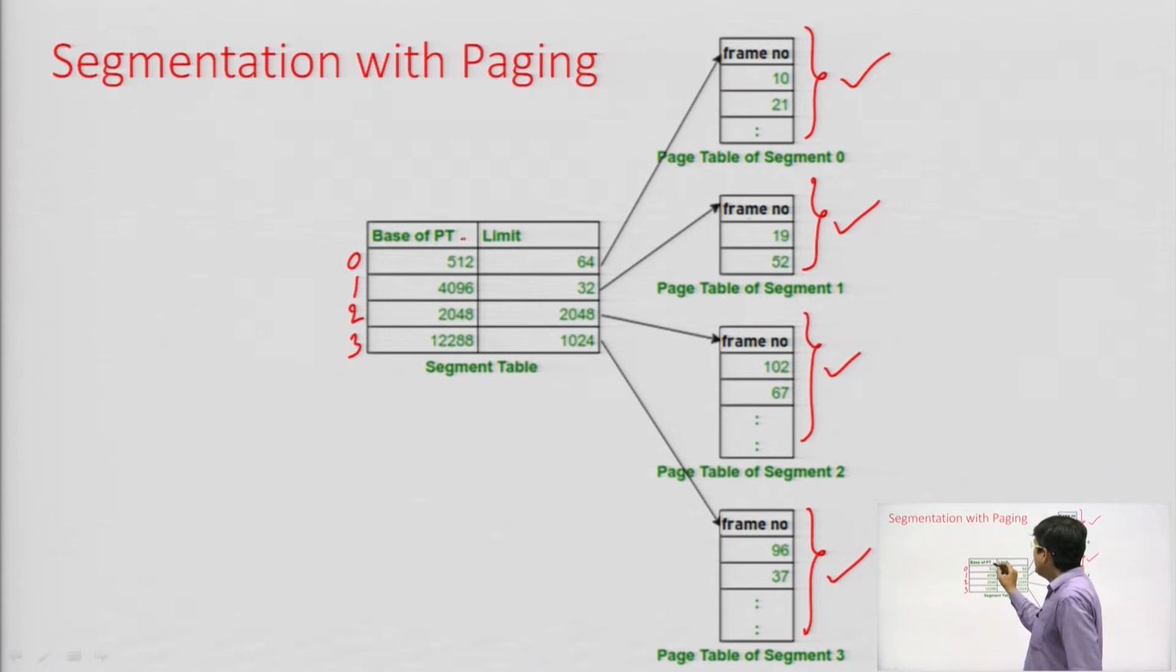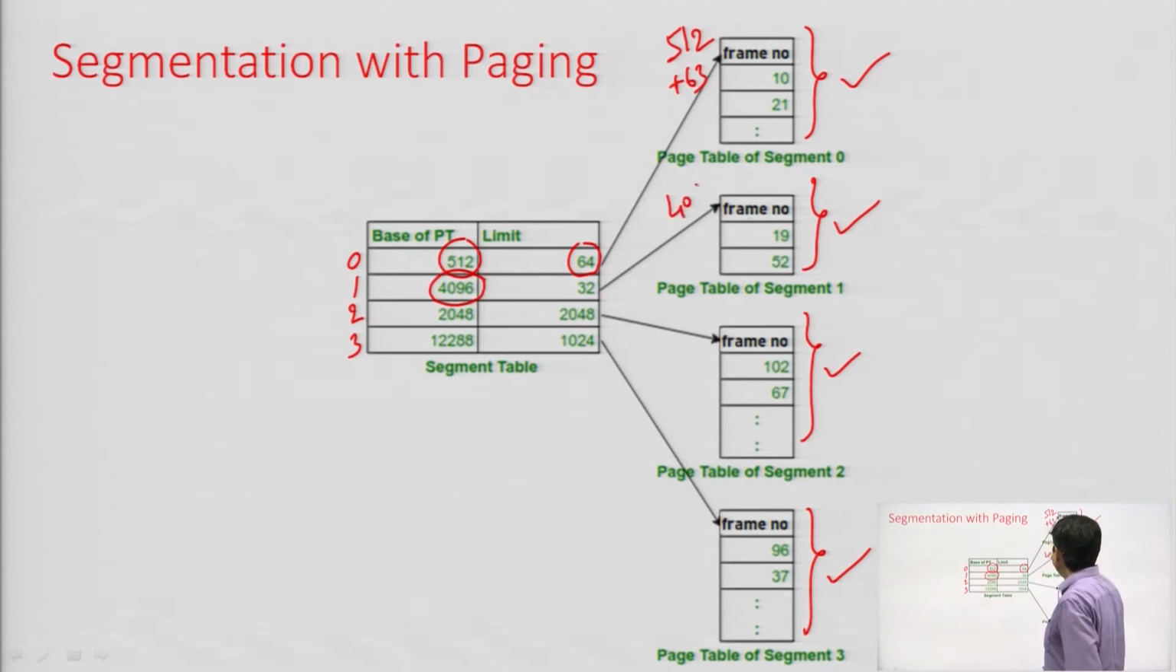For example, here it is mentioned that 512 is the starting address of the first page table. So, in the main memory you can find this page table starting at address 512, and the last address will be plus 63, that is 64 minus 1. Similarly, for the second page table, the address will be 4096 plus, and the last address will be plus 31. Similarly, for the next page